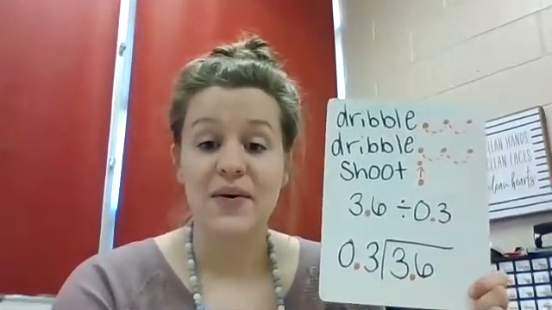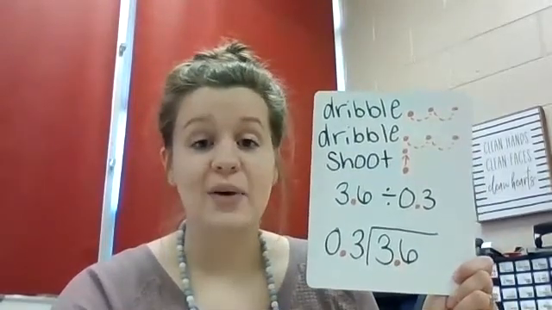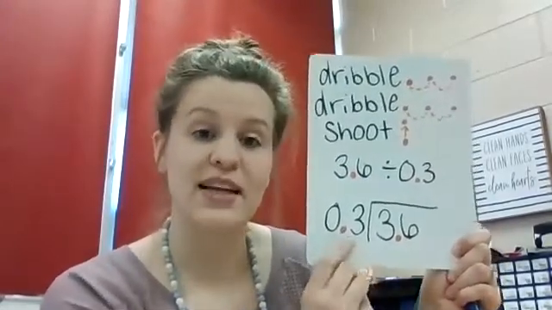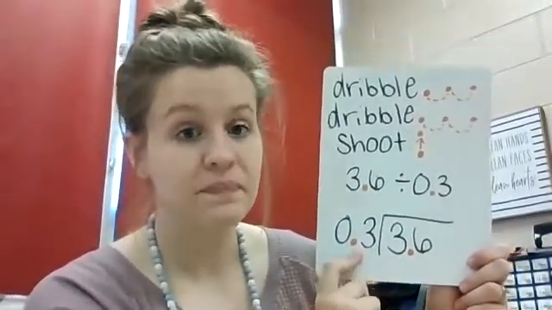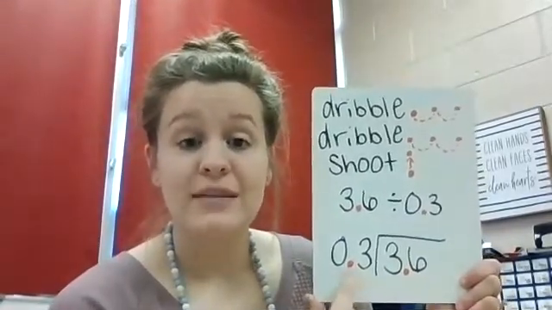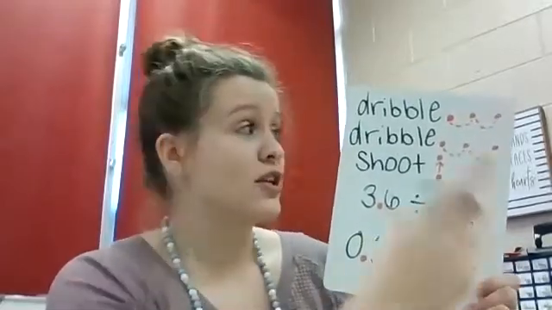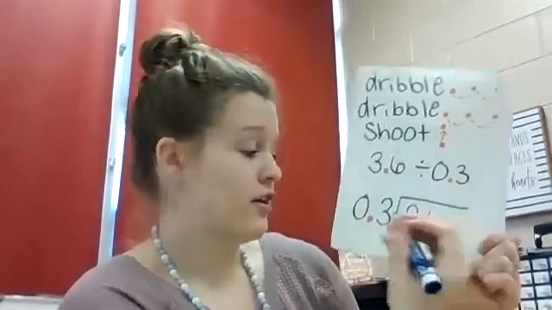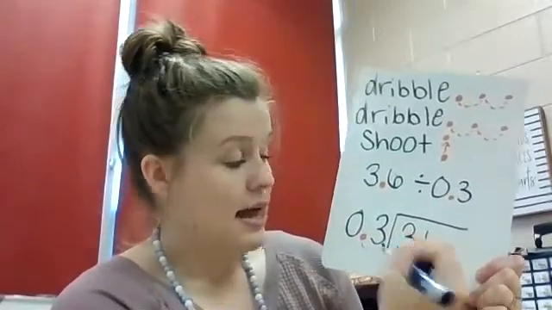Okay, so what dribble, dribble, shoot means is that we are going to dribble our decimal. We think of our decimal as a basketball. I don't know if you can tell, but I put arms on him to help us think of him as a basketball. And we're going to dribble or move our decimal in our divisor because we cannot have a decimal in our divisor, right? So that's our first dribble. We want to move the decimal out of our divisor. And in order to do that, we're just going to dribble it on over and move it to the back,